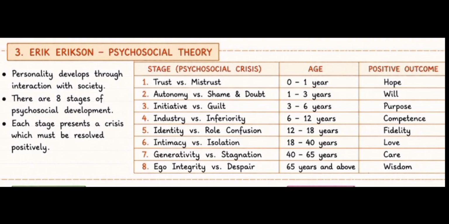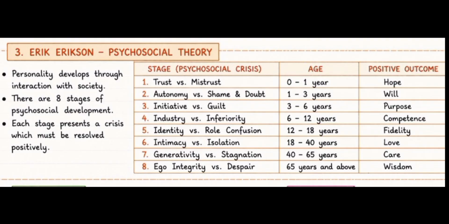Number 1 is trust and mistrust. Trust is positive and mistrust is negative. In trust, the newborn infant wholly depends on his mother. She provides the satisfaction of physical needs. They develop a positive attitude of their personality as trust toward their mother. And in mistrust, if the physical needs are not satisfied, they develop a conflict of mistrust with the mother.